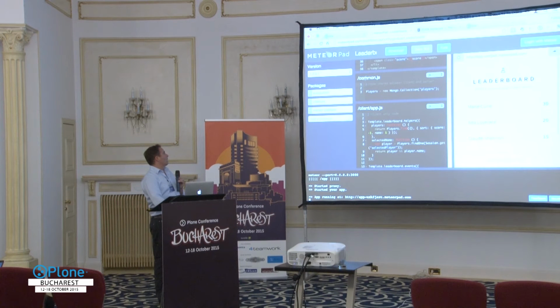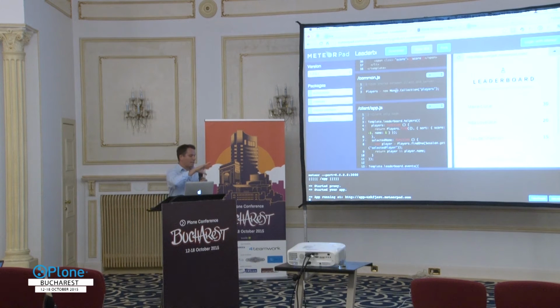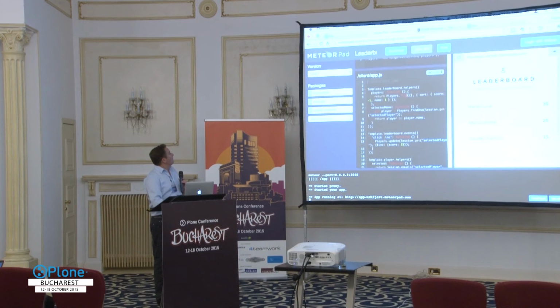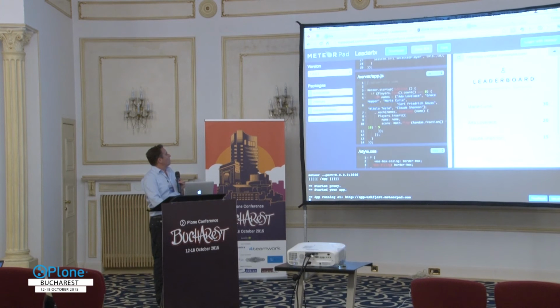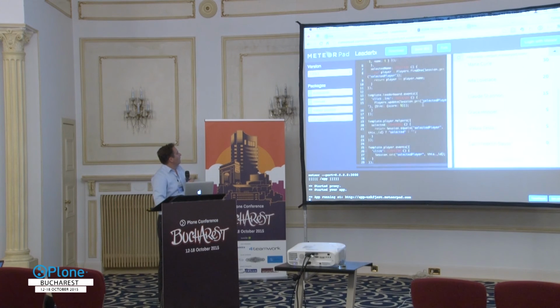This one runs both on the client and on the server. It creates a collection, both on the client and on the server. On the server in the Mongo database, on the client in the client's mini Mongo cache. A Mongo collection is like an array of dicts in Python speak. So on the server, when the application starts, if the collection is empty, it populates it with a few random names and some random values. And then the client